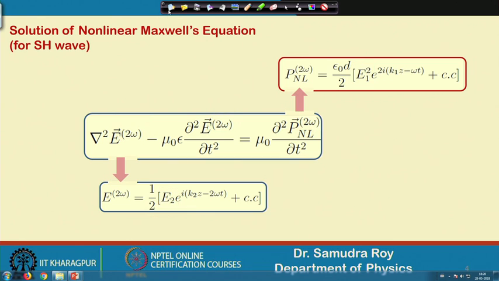So, there are two amplitudes, the second harmonic wave amplitude and the fundamental wave amplitude, and the evolution of the two amplitudes gives rise to two different equations, and those are basically the equations of second harmonic generation. We are going to derive these two equations, which will be coupled equations, and this coupled equation we need to solve under different conditions. So, let us start how to do that.